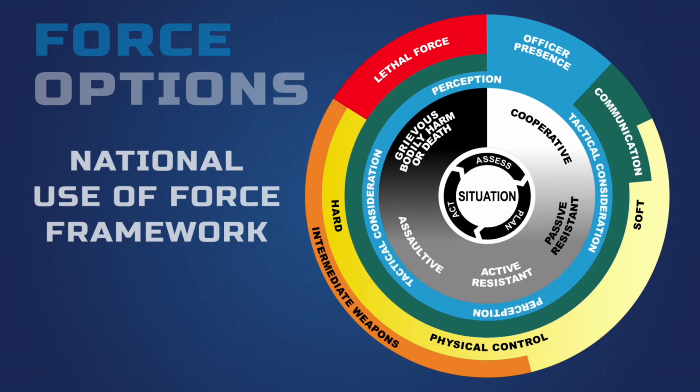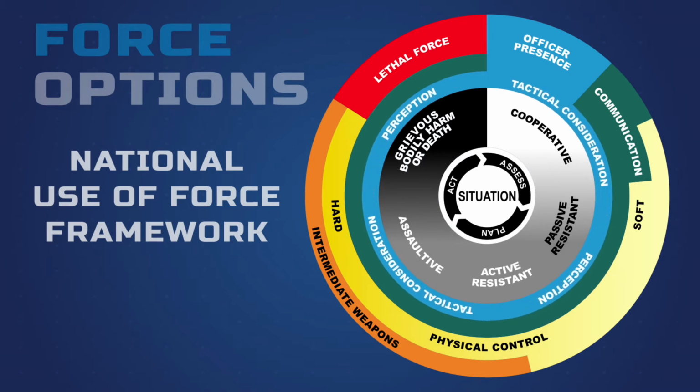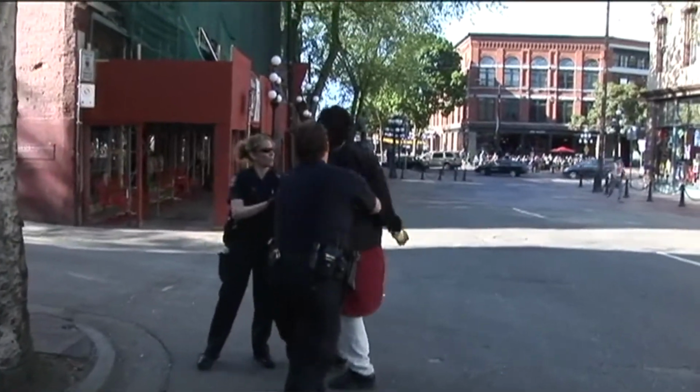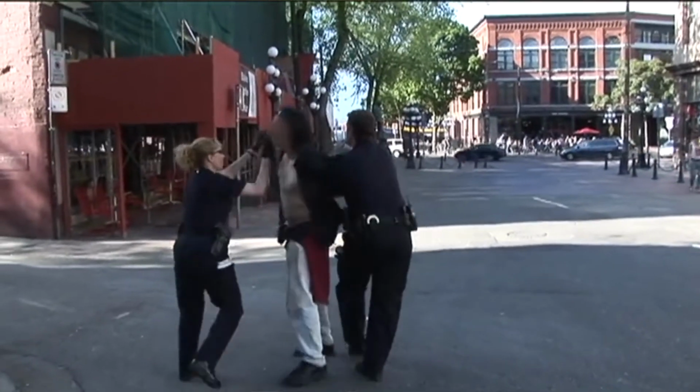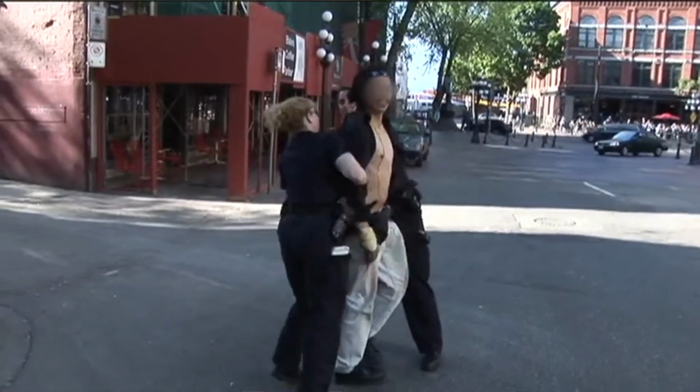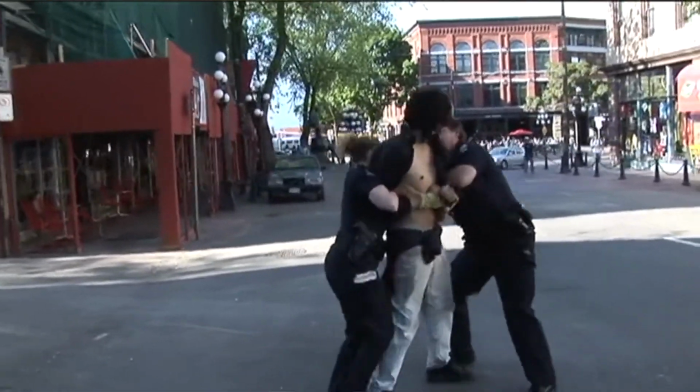Whenever an officer is explaining the use that he or she has made of force, that has to be the starting point. And as we know, that begins with an assessment of the risks posed by the individual and categorizing those risks, and then explaining why the force options were used in response to those particular risks.